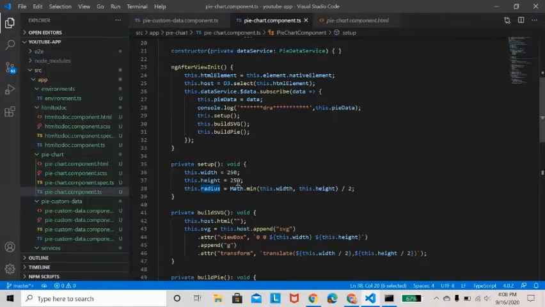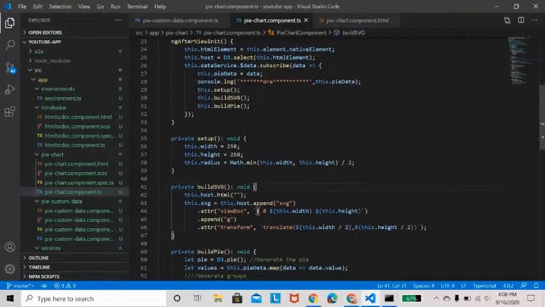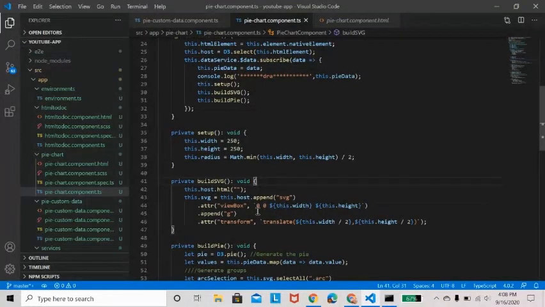Once it's done, move on to build SVG. This build SVG function will transform our square into a circle. The set of code which is converted into SVG format is going to be mentioned under the build SVG method.